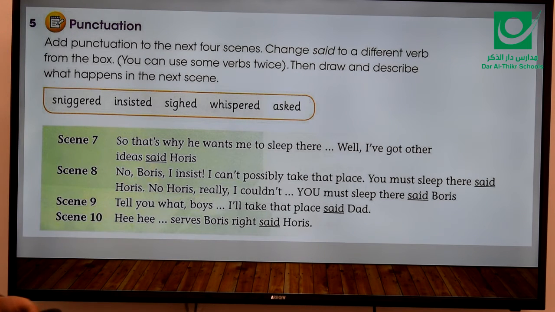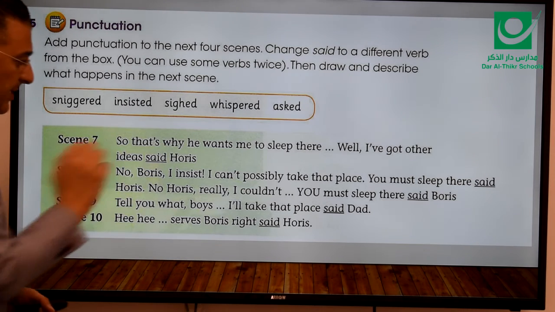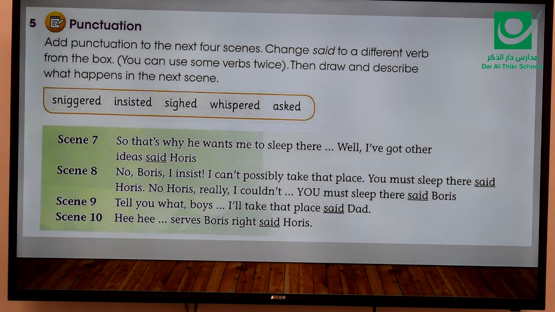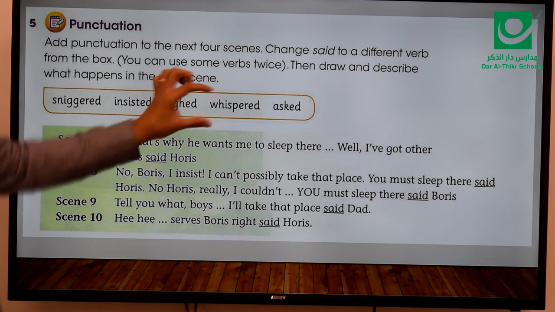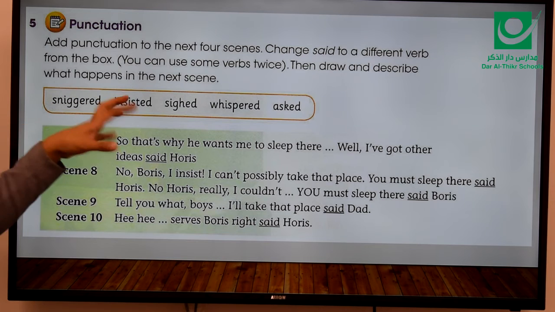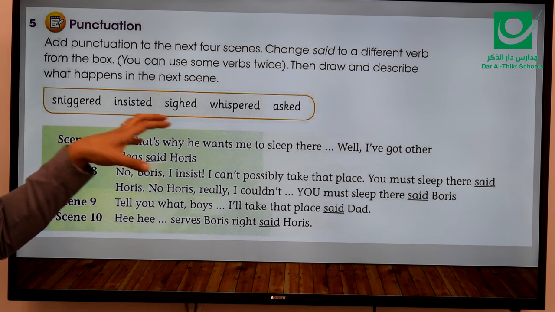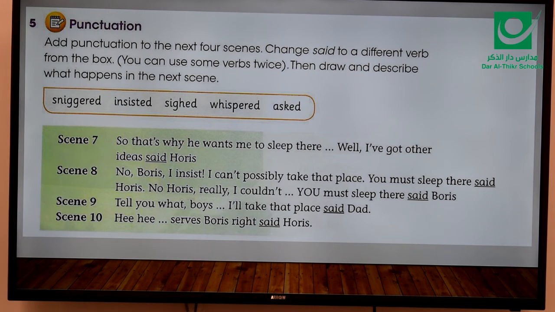The second thing, I want you to replace this verb said with another verb. Choose one from here. So sniggered, insisted, sighed, whispered, asked. Which one do you think? Okay, you decide, and I'll leave you with the remaining part of the exercise. You can revise it with your teacher later.